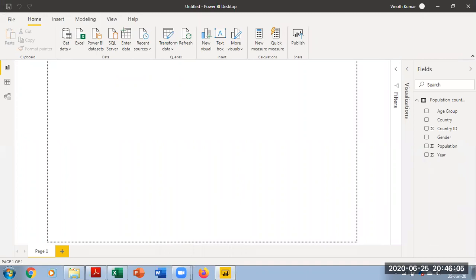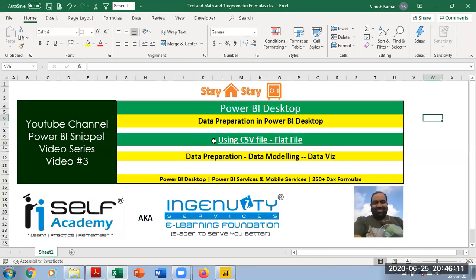So all my data are added to my fields. Now I made the first two options of the data that I said earlier. So I prepared my data. I moved the data to my Power BI desktop called data modeling. Now I'm going to create a data visualization, data vis. Let's see how to do that.